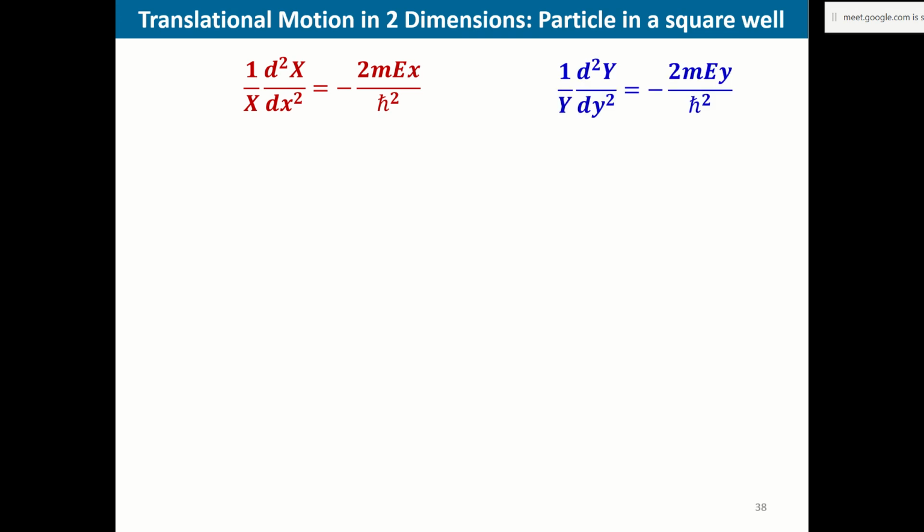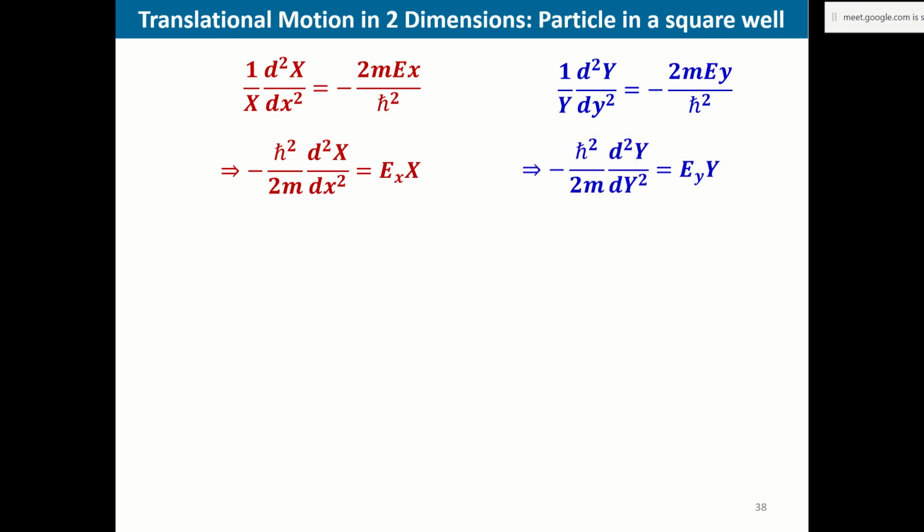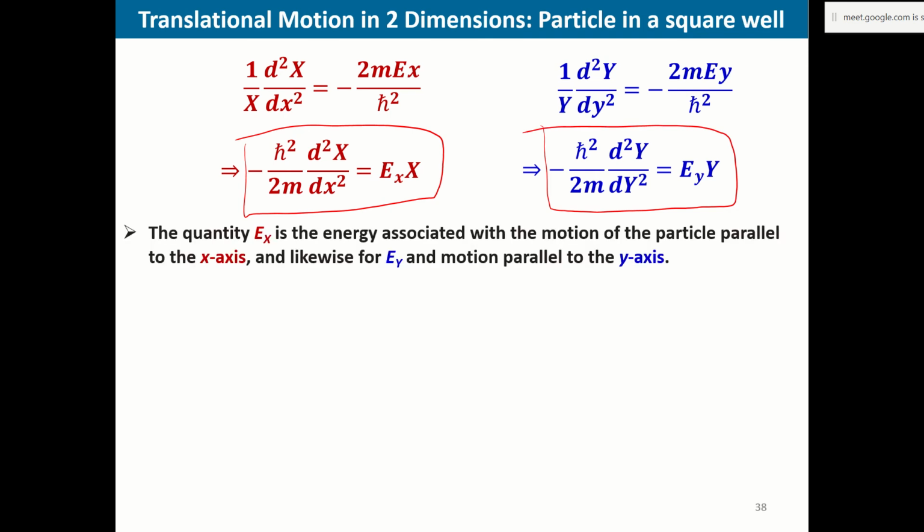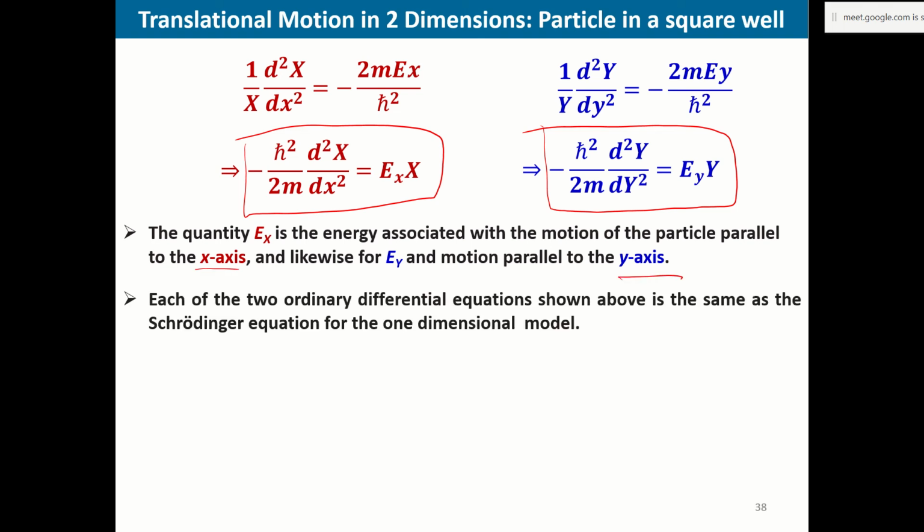So now we have separated the original equation into two different functions, one showing a variation as per x, another showing variation of amplitude along y. So both the motions can be defined separately, and then we can write the equation, the Hamiltonian, in this. So one Schrodinger equation is now separated into two, one for the motion along the x-axis and one along the y-axis, and in this manner